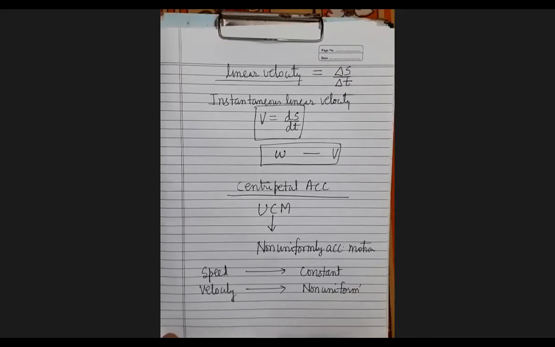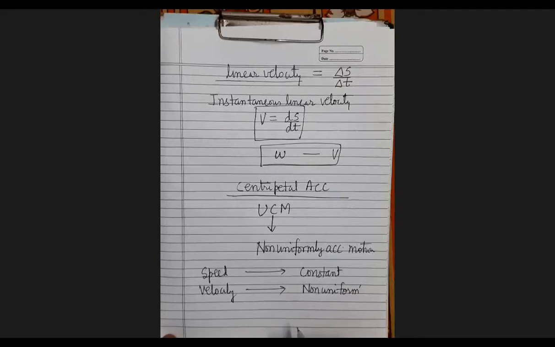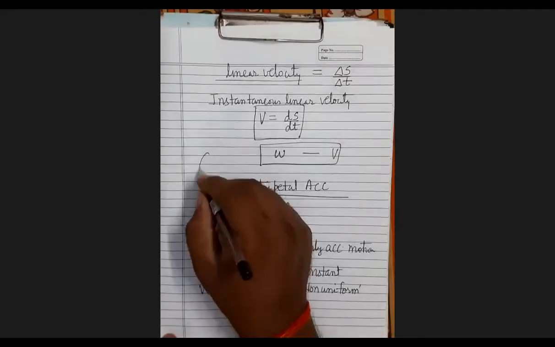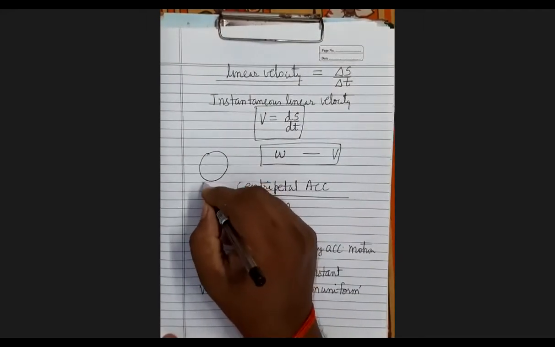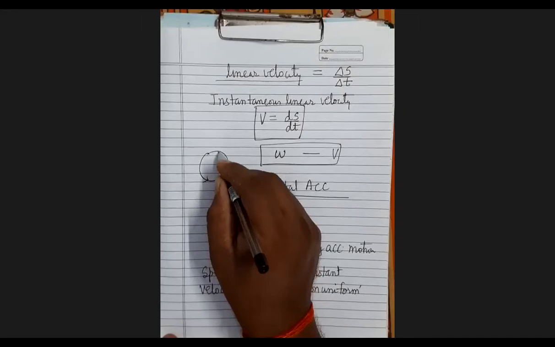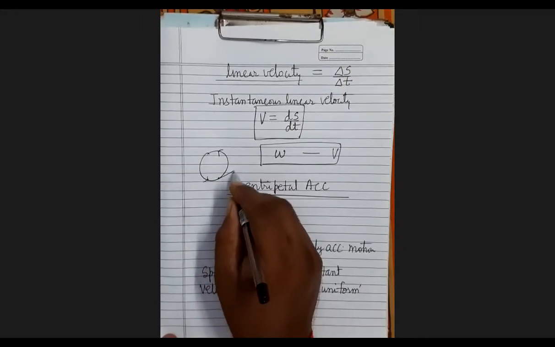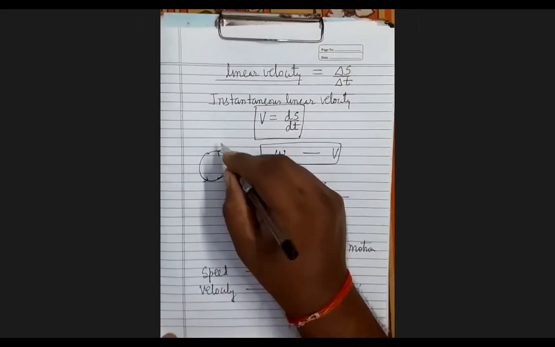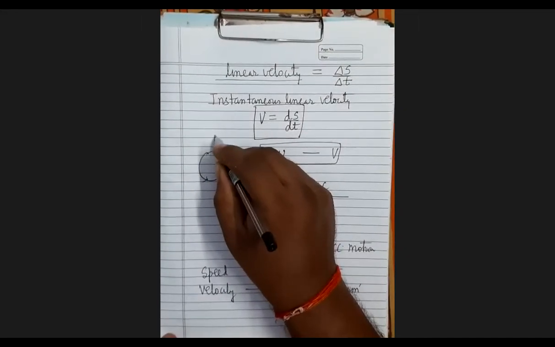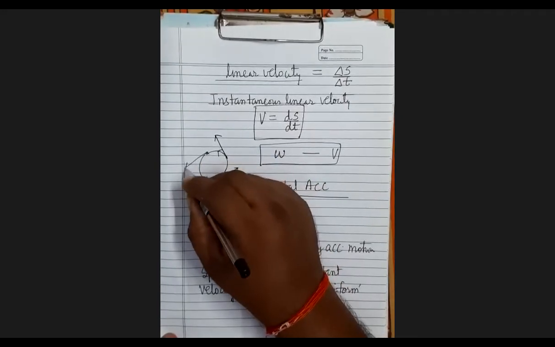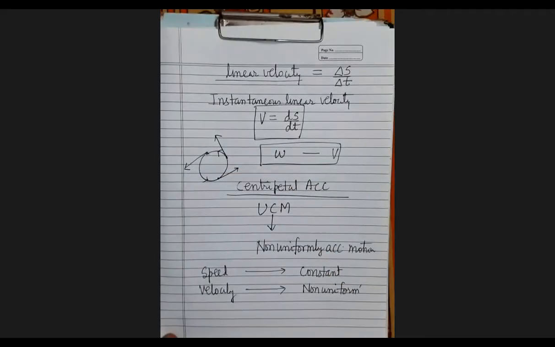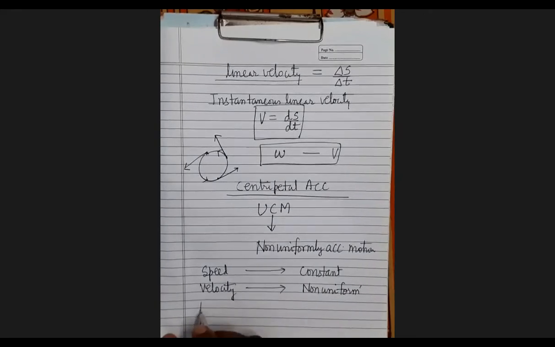Why is it variable? Because the direction changes. Direction of motion is continuously changing. When the particle is here, the direction of motion is this. When the particle is here, the direction of motion is this. It is continuously changing. And acceleration, if you see,